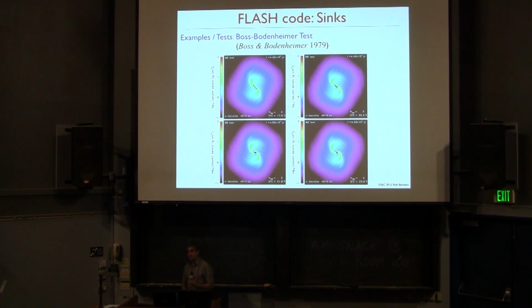Then there's also a nice test which I recommend you to test, because the setup is within the Flash setup tree, namely the Boss-Bodenheimer test. What it is essentially is a sphere which you perturb with two overdensities, what is called the m equal 2 perturbation, and at the end of the day you should find three collapsing objects, namely one in the middle, and then because these overdensities eventually become gravitationally unstable, at this point you also should find sink particles, and this is